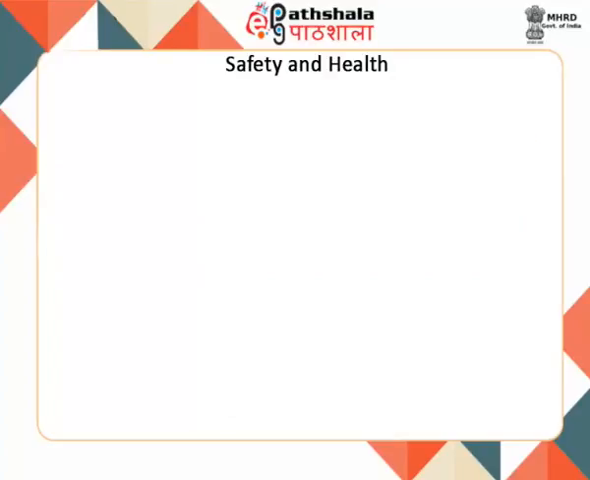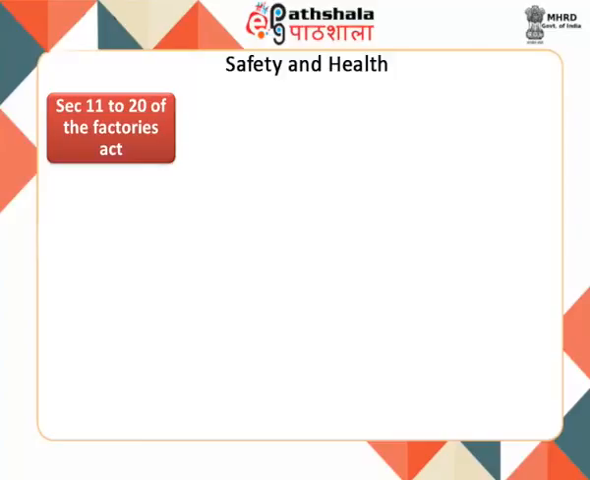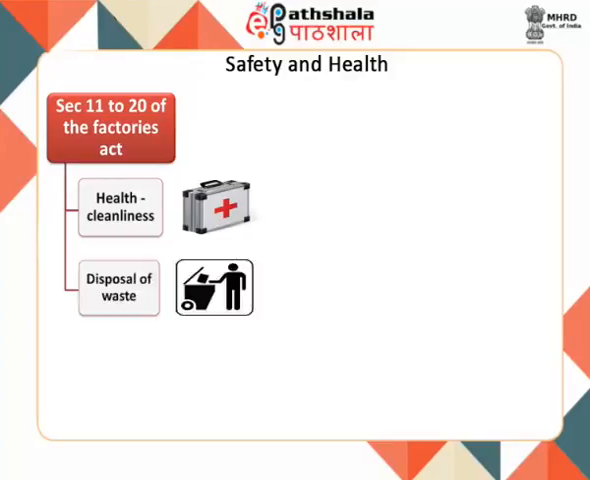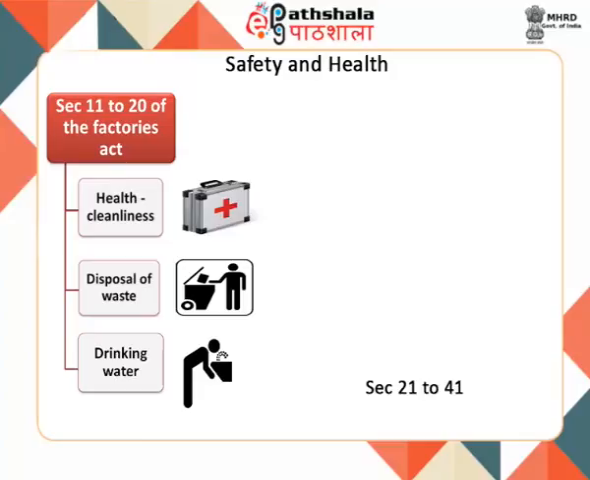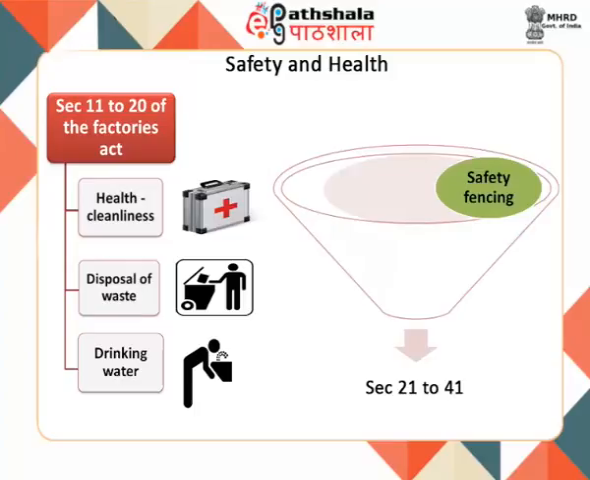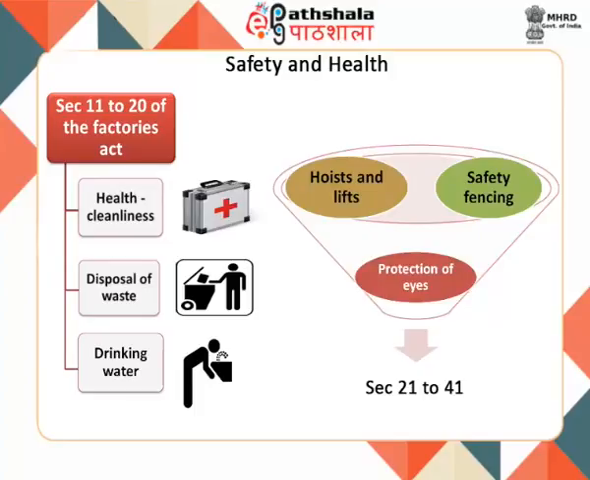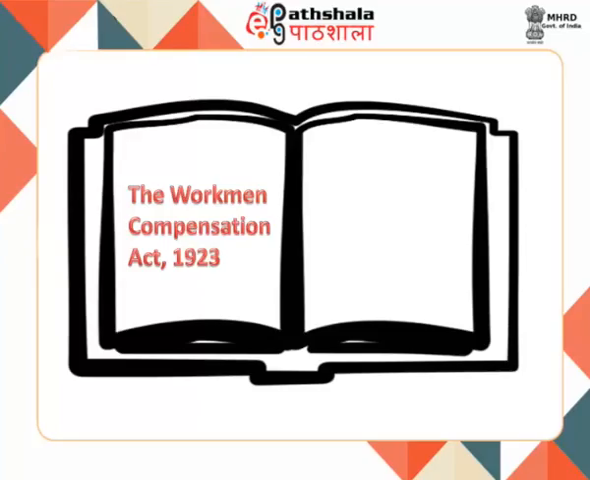Safety and health. Section 11 to Section 20 of the Factories Act 1948 contains statutory provisions concerning health, cleanliness, disposal of waste and effluents, drinking water, etc. And Section 21 to 41 of the same Act contains statutory provisions concerning safety, fencing of machinery, hoists and lifts, protection of eyes, etc. The Workmen Compensation Act 1923 provides